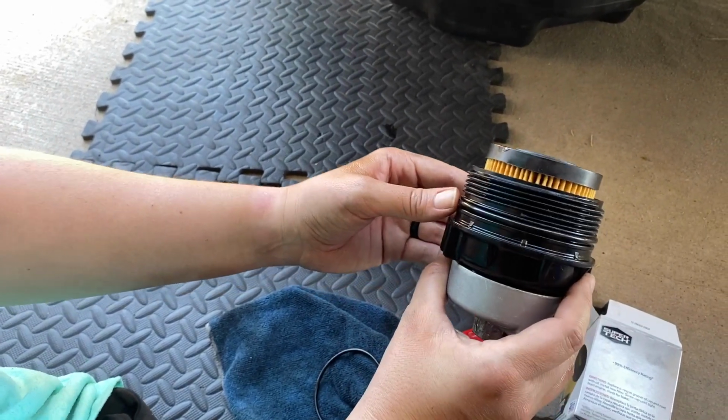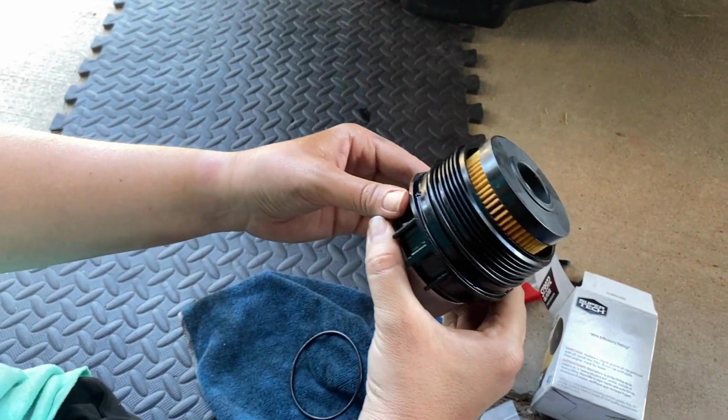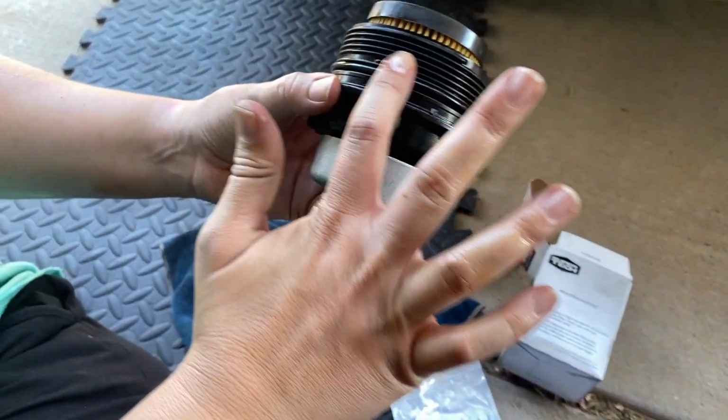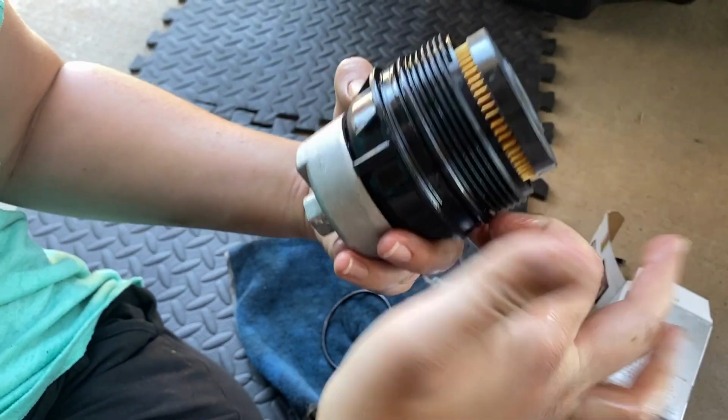Okay. And you want to get some new oil to lubricate the O-ring so that when it goes back into the engine, the O-ring doesn't get damaged as you screw that. So I just dip my finger in or something? Yeah, dip your finger in there. Okay. And then just coat that O-ring. Some people like to coat it before you put it on the filter, but